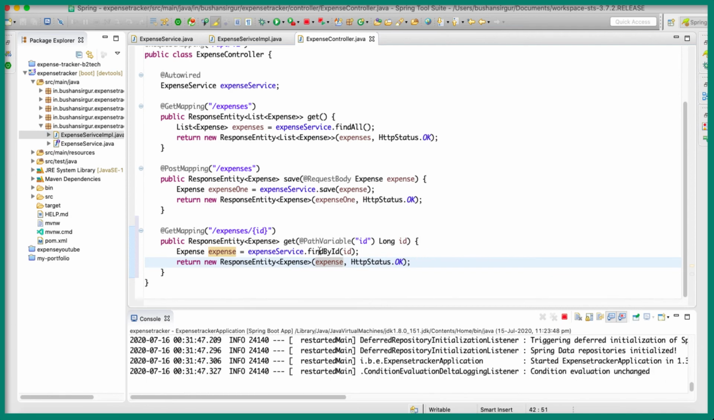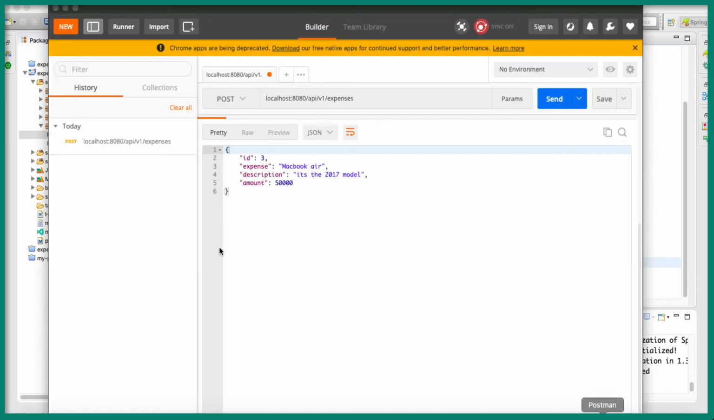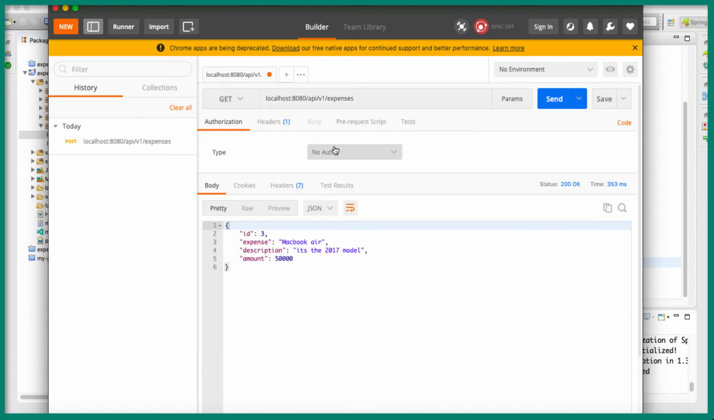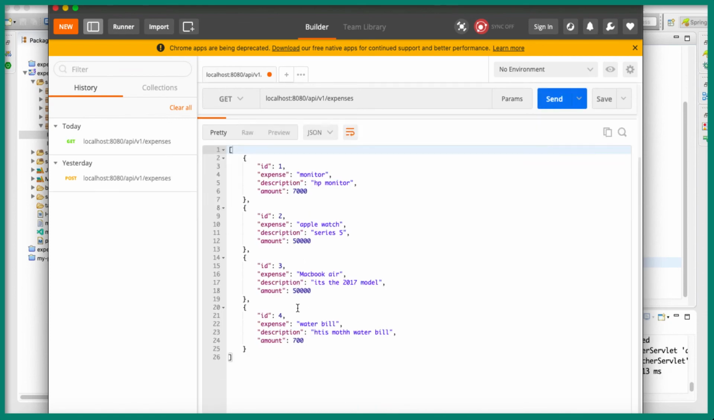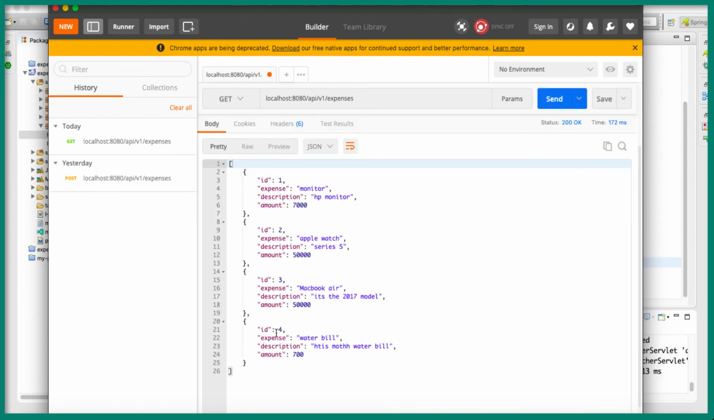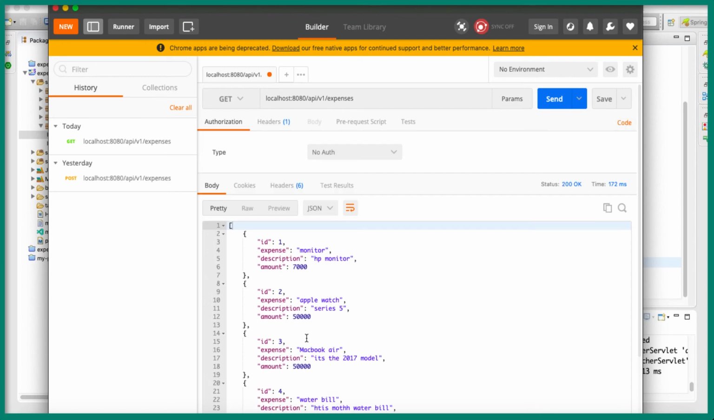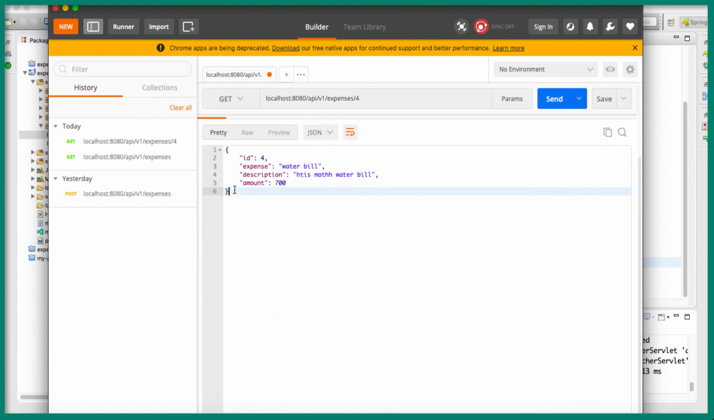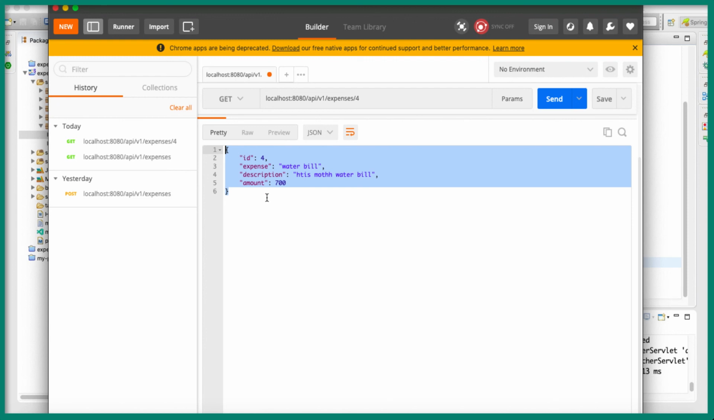All we need to do is test our work. So let's quickly go to Postman and attach. First of all, let's see how many records we have in our database. So let's change this to GET, and let's click on send. You can see now we have 4 records. So let's actually get the last one, which is the water bill, which we have added very recently. So let's specify /4, and when I click on send, we should get a single expense object,